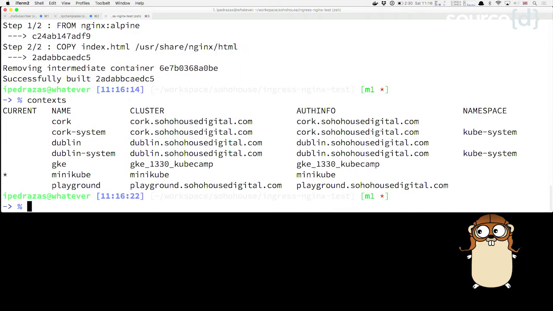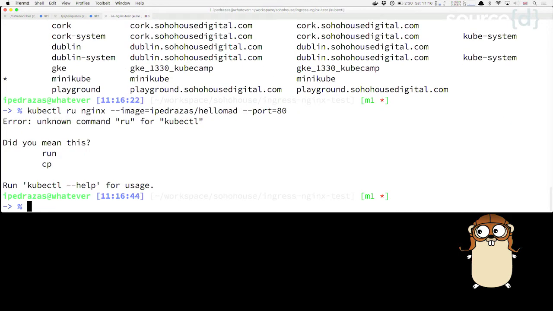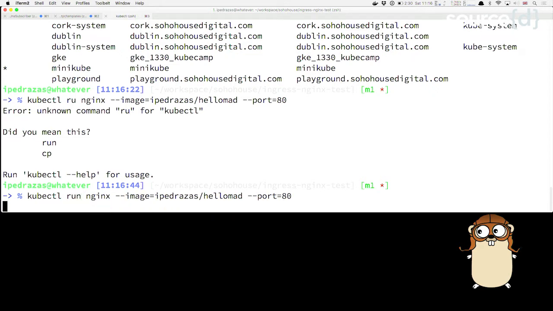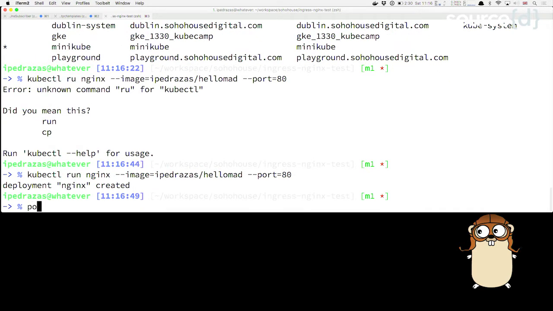So I have a few clusters. What we're going to do is kubectl run my website. By doing this, what we've done is basically to tell my cluster, I want to run this website.